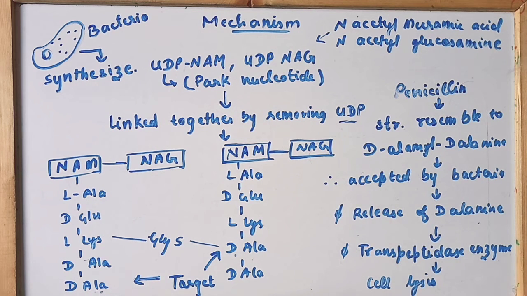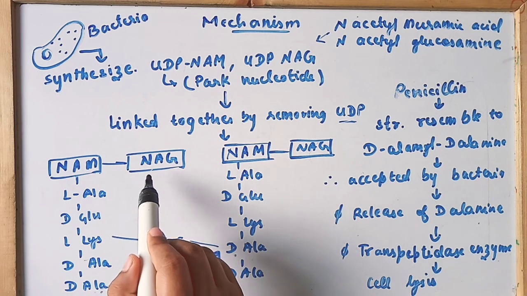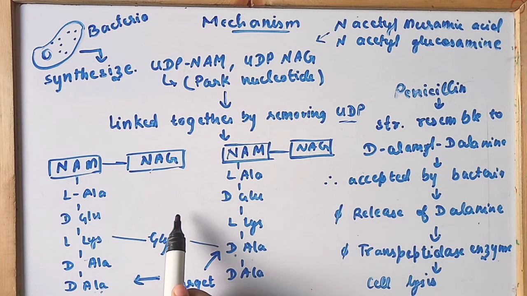Since D-alanine would not be released, the transpeptidase enzyme function is also inhibited by penicillin. So the branching and the cross-linking between NAM and NAG is completely inhibited, due to which cell lysis occurs and the cell wall synthesis does not take place,